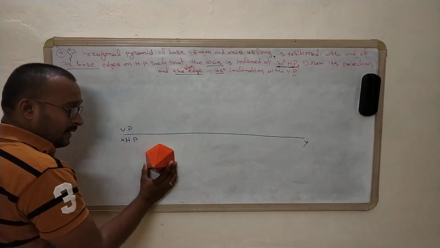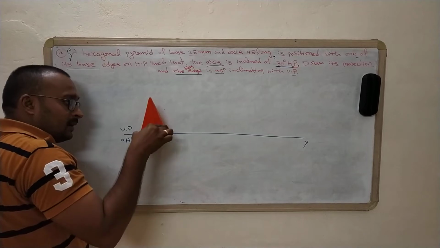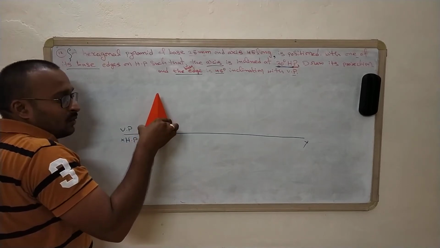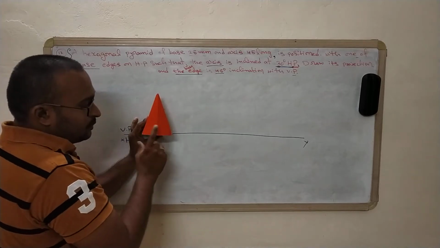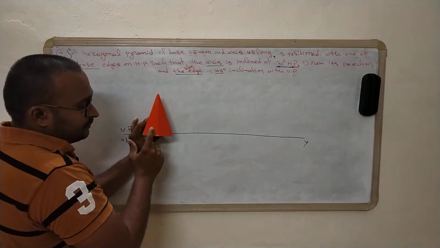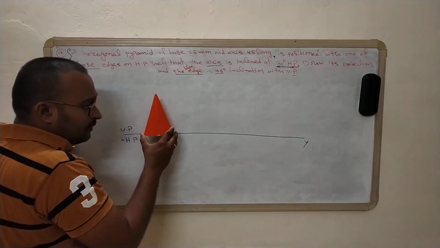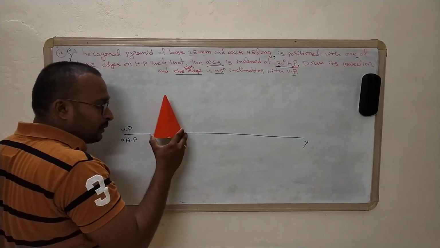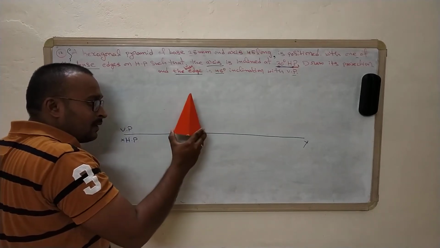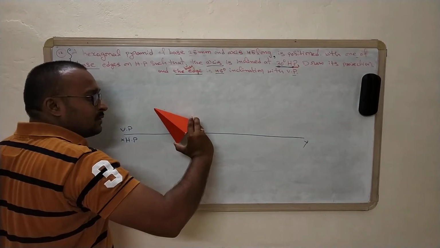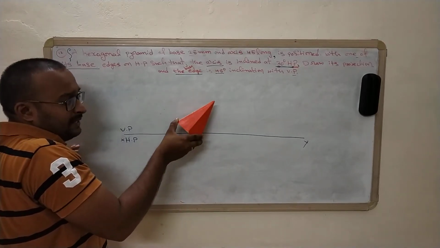Then this is the top view of the given problem and here this is the front view of the given problem. So there will be two surfaces, right? Then the front view of the first stage should be rotated at an angle of 30 degrees, either this way or this way as your choice, right? So I am going to rotate like this.